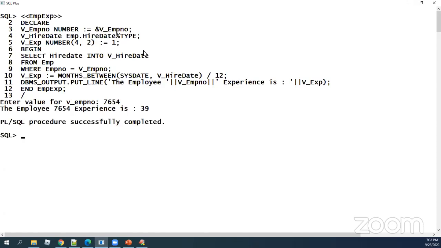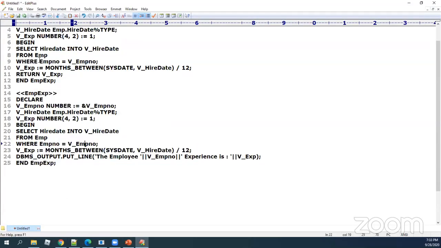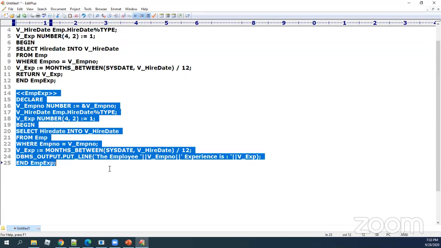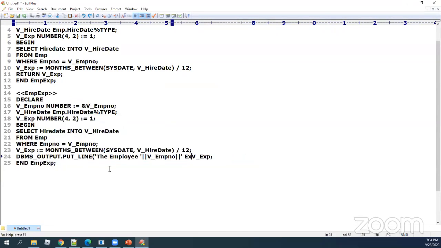Technically, it's calculating the corresponding experience of this employee. Now, I just want to make one point very clear to you. If you can write a named block program like this, I don't think you should have any problem at any point of time converting this into a function. Just watch.